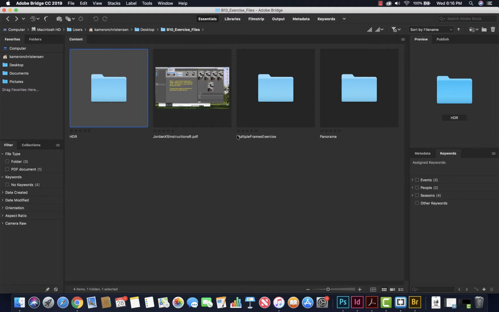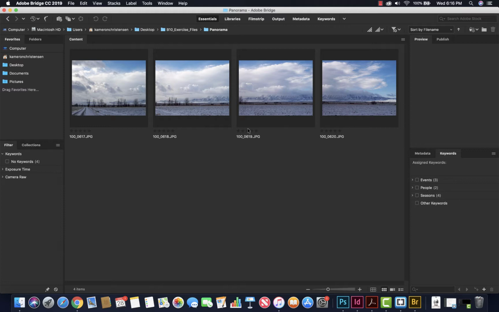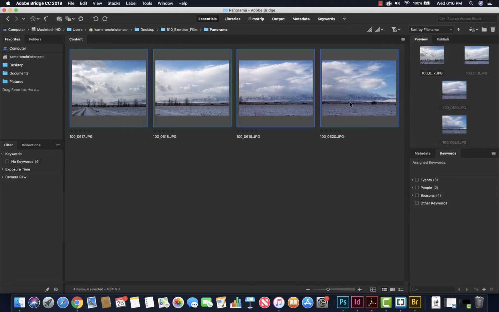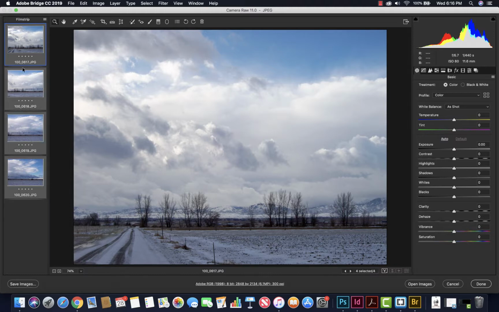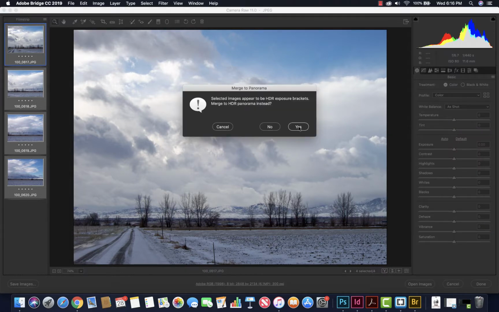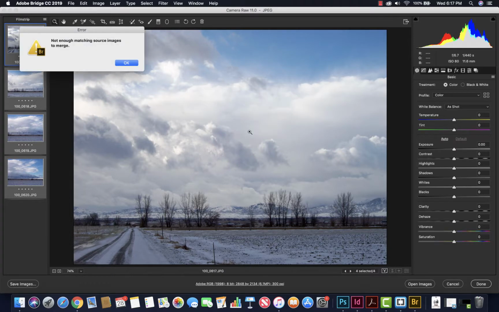Now let's move on to our next piece, we're going to do a panorama. Let's open this up. I've already done a panorama in this course, but we'll just do a little refresher because it's easy. We do this through Camera Raw, and we'll just go ahead and select all of these images, right-click, open in Camera Raw, make sure we have them selected, and it's the same striped box up here. We do merge to panorama. Click yes. It takes a little bit to